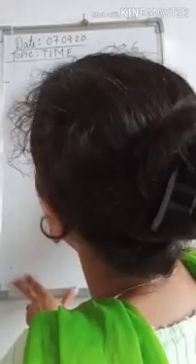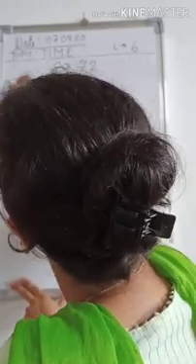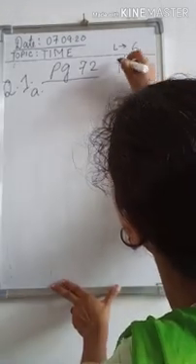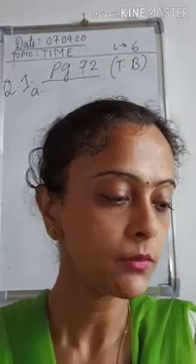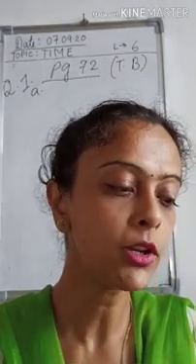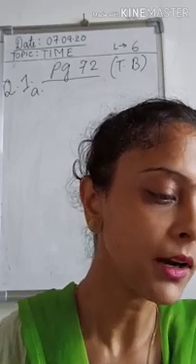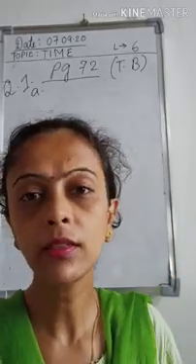Okay, page 72, Question 1A. This is your textbook. From the textbook you have to write. Okay. So what is given in the question? You are asked to find the duration of time in 24-hour clock from the given start time and the end time. Okay. So always remember one thing.